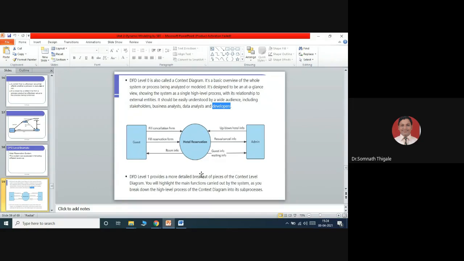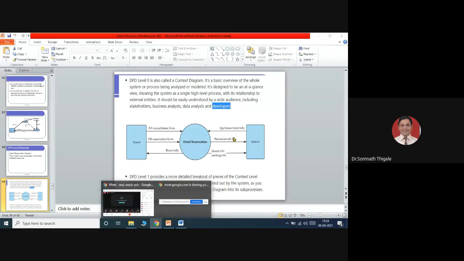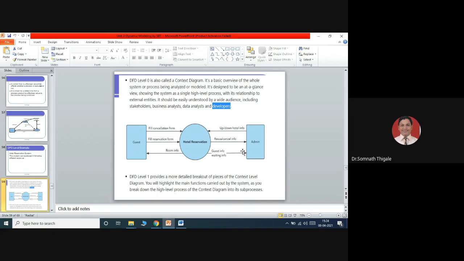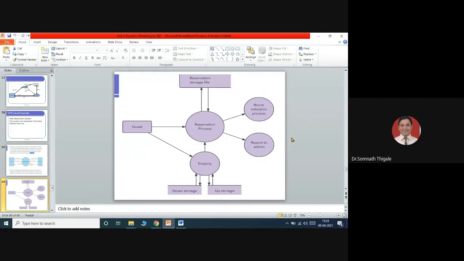It provides a more detailed breakout of the pieces of the context level diagram, where you highlight the main functions carried out by the system as you break down the high-level process of the context diagram into sub-processes. What I'm going to do here is divide this complex system into more understandable parts, a broader perspective. So this is what I can show.